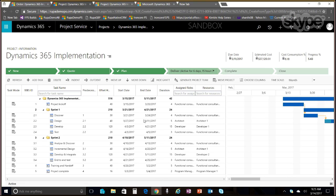This project plan, I created it in Microsoft Project, and I pushed this update to Project Service Automation. And I have this nicely laid out project plan. Based on the project plan, I can generate a project team. When I generate a project team using the click of a button, because I said I need these types of people, these roles on these tasks between these dates, the system goes in and intelligently computes